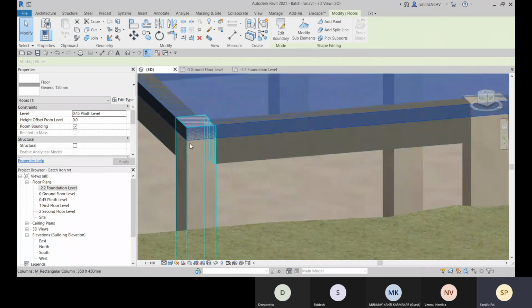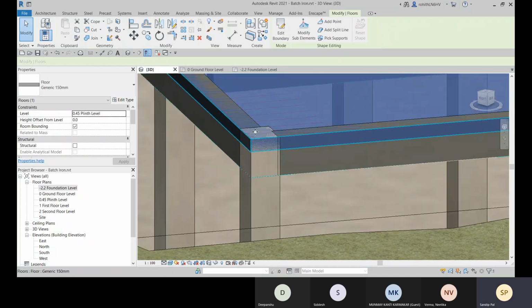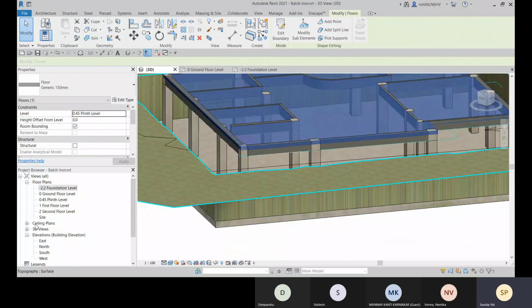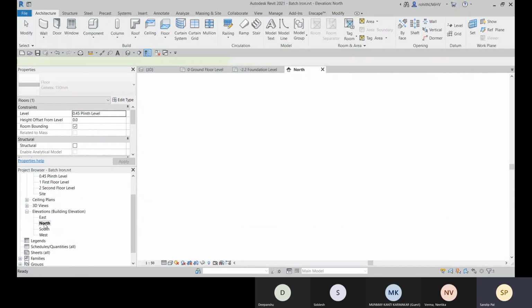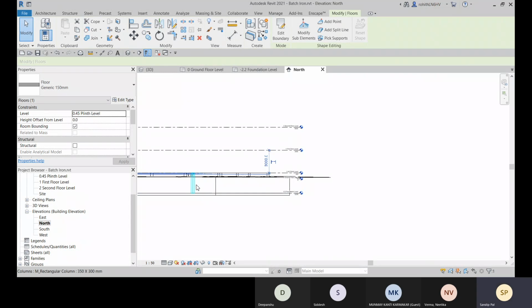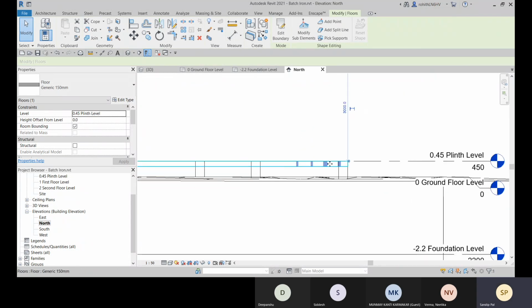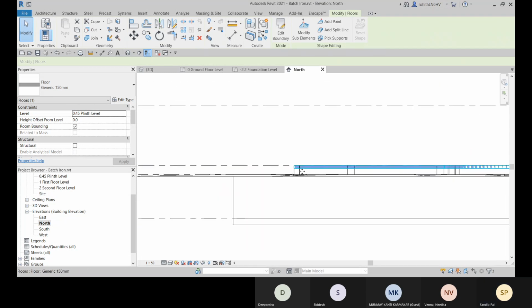Now you can see that it is not placed at the top of your column, right? So let me show you from the elevation. All right. So here you see that the floor is placed from the top surface at the level, right?